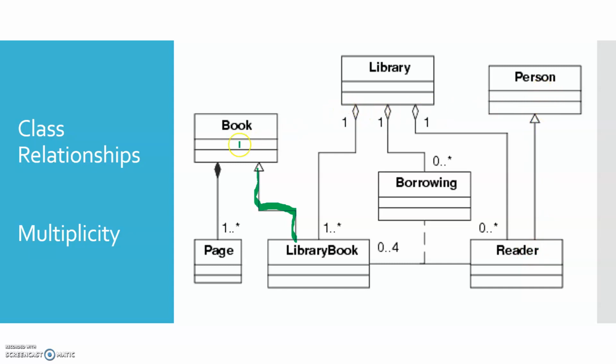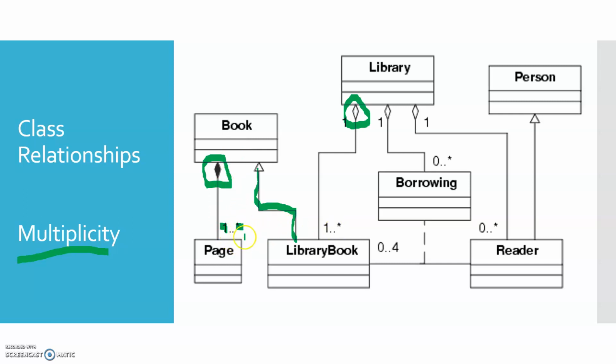But you should also know what these different symbols represent in terms of the relationship between the classes. So we've got aggregation with the hollow diamond shape, and composition with the black diamond shape. You also need to be aware of multiplicity and how you use that to describe the relationship. So for instance, one book might have many